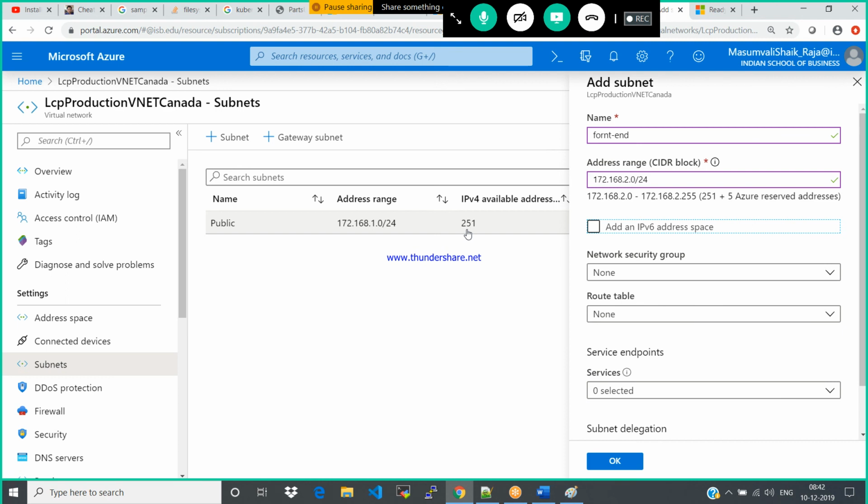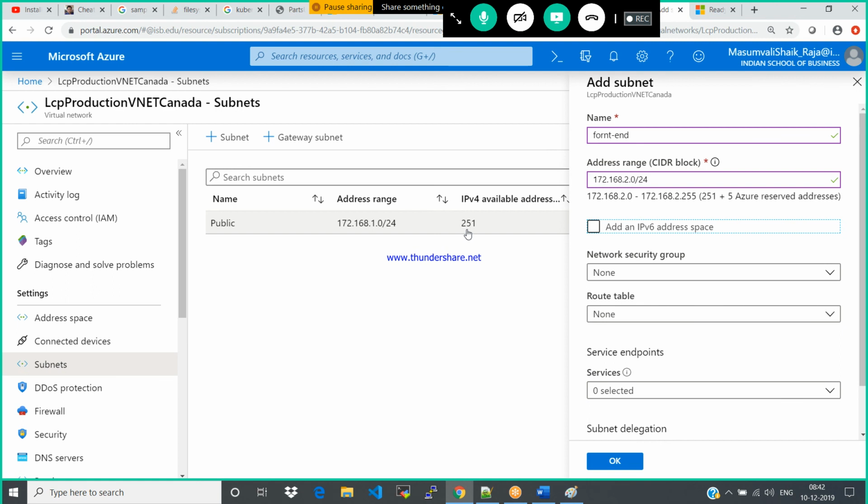Even if you create n number of subnets, 5 IP addresses will be reserved. And based on these IP addresses only, the internal communication will happen for the protocol and resources purpose.